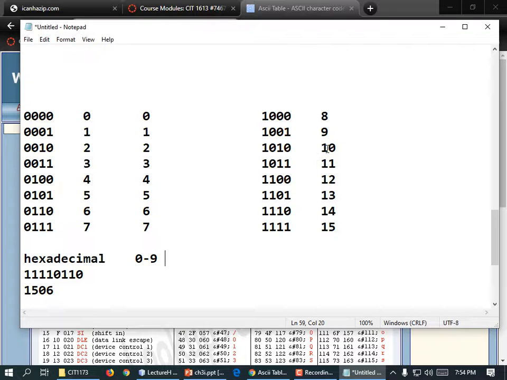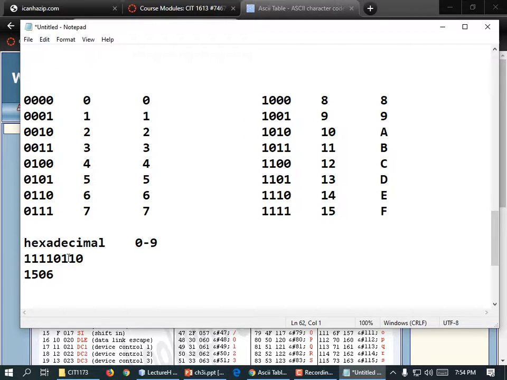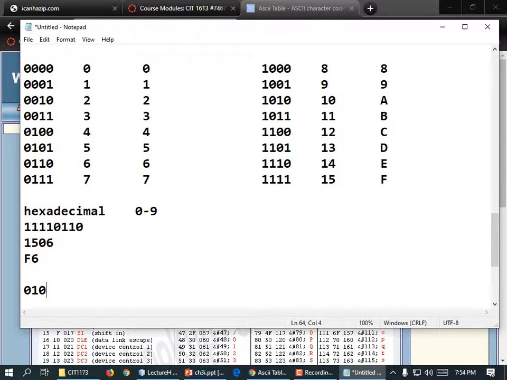And so what did they choose? They chose the letters A, B, C, D, E, and F. If hexadecimal had been invented in Russia, we would all know the Russian letters A through F rather than ours. So in hexadecimal, that's an A, that's a B, that's a C, that's a D, that's an E, and that's an F. So if you were going to represent 1111, 0110, well, 1111 is an F, and an 0110 is a 6. So if we had a series of numbers like this,